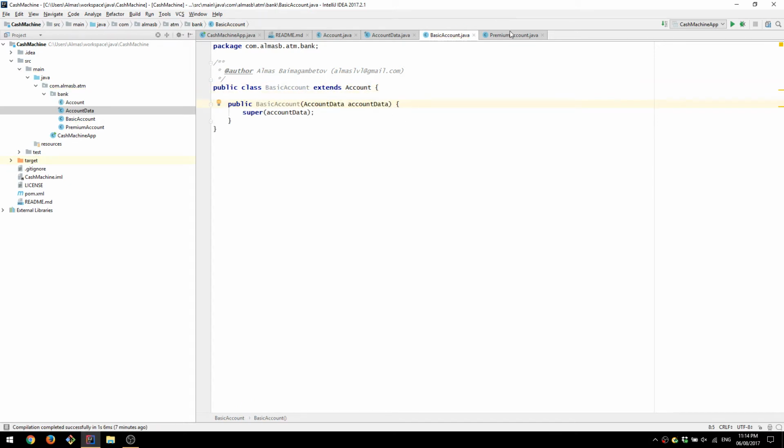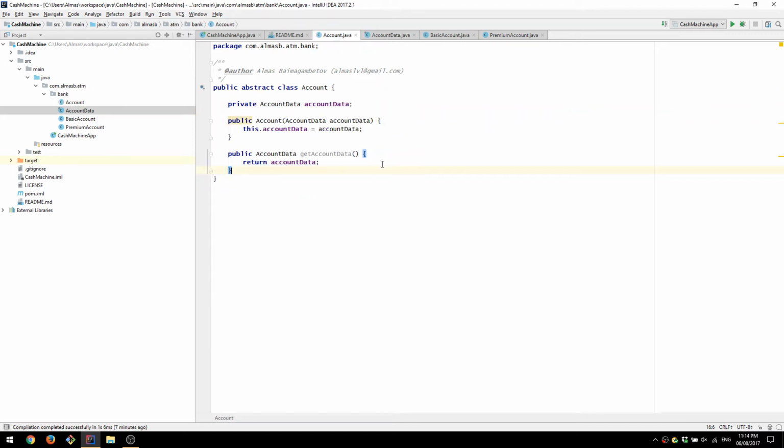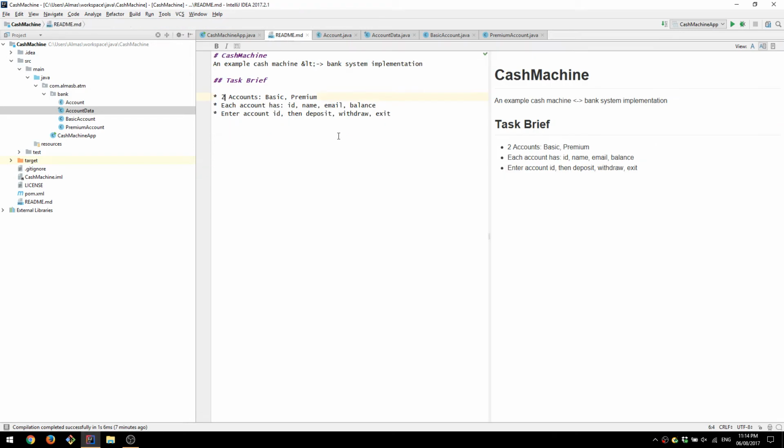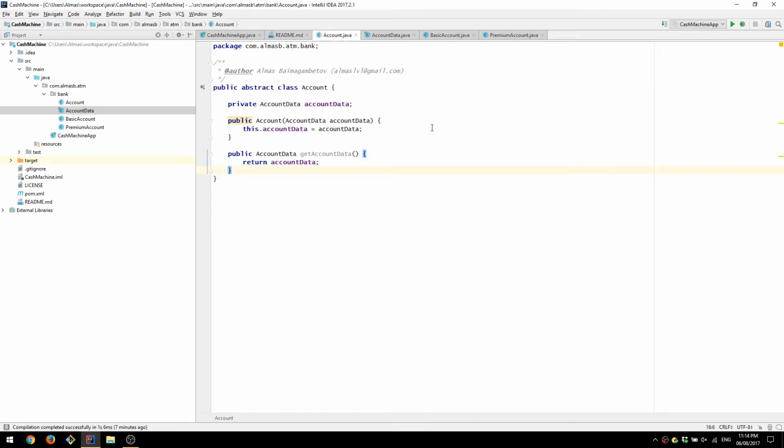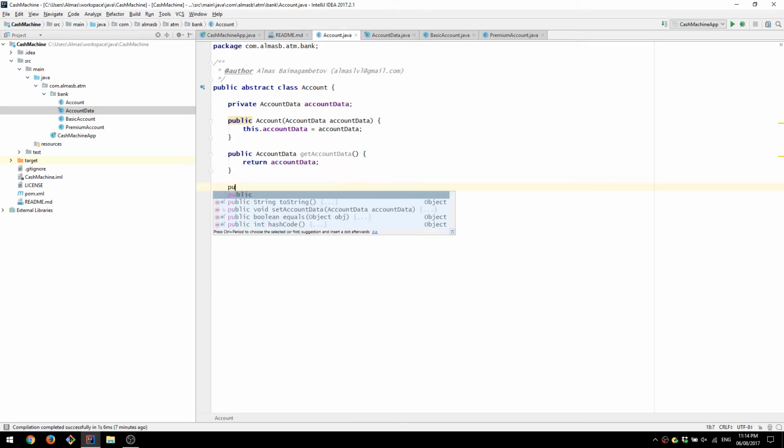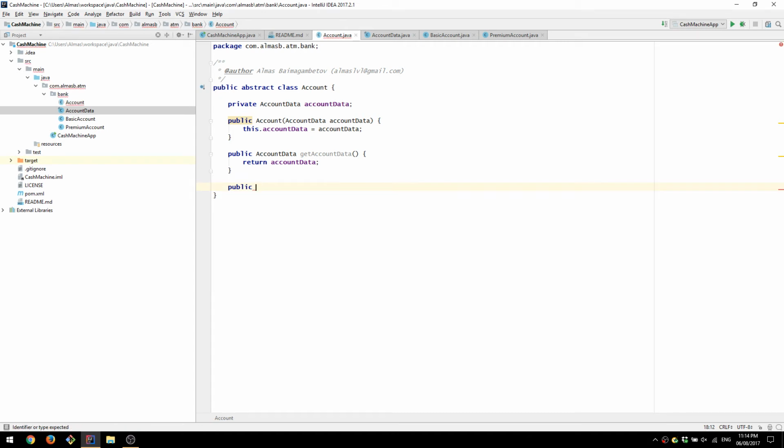We're going to create constructors so that you can also pass your account data here. Okay, so we can then deposit and withdraw money, and we will probably implement it as part of account. Let's see, public void deposit int amount,